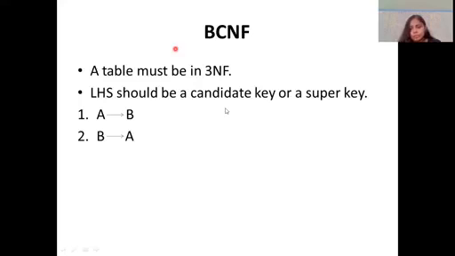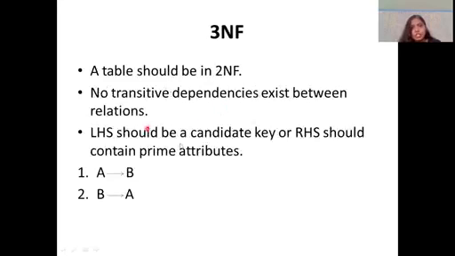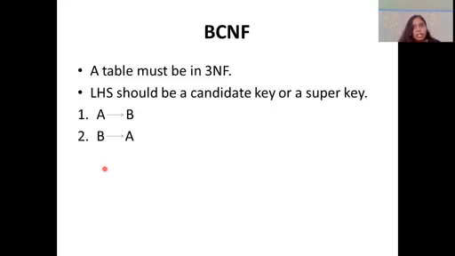In the previous normal form, if this condition was not satisfied, that is, if LHS is not a candidate key, then we would go and check the second condition, since "or" is specified there, whether it contains prime attributes. If it contains prime attributes and the LHS is not a candidate key, we can tell it is in third normal form. But in BCNF, there is only one condition. If that condition is satisfied, then we tell it is BCNF. If it is not satisfied, then we directly tell it is not in BCNF. That is the reason BCNF is called the most restricted type of normal form.